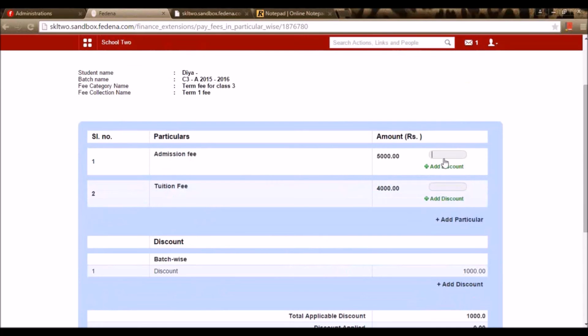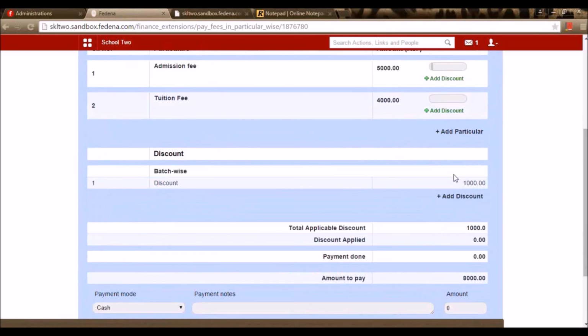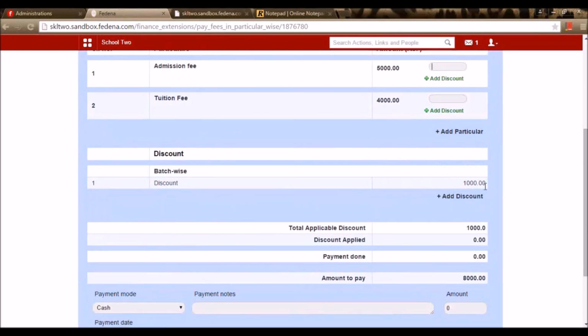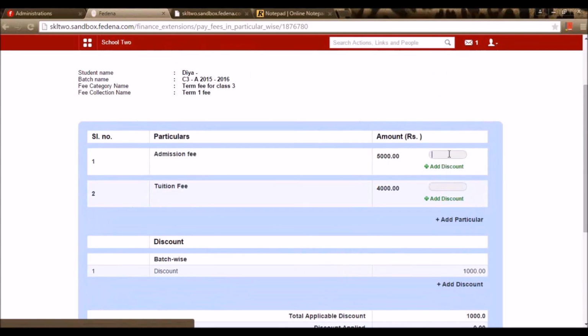So here I can go for paying any particular. I can apply my discount. Here there's a discount of rupees 1000. I can apply this discount, say 1000 rupees, in both the particulars or in any one particular, but I need to apply all the 1000 rupees before I pay the fee.